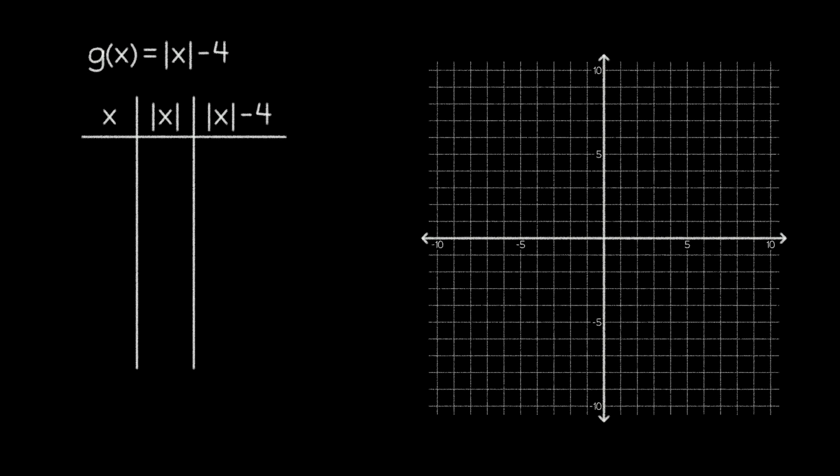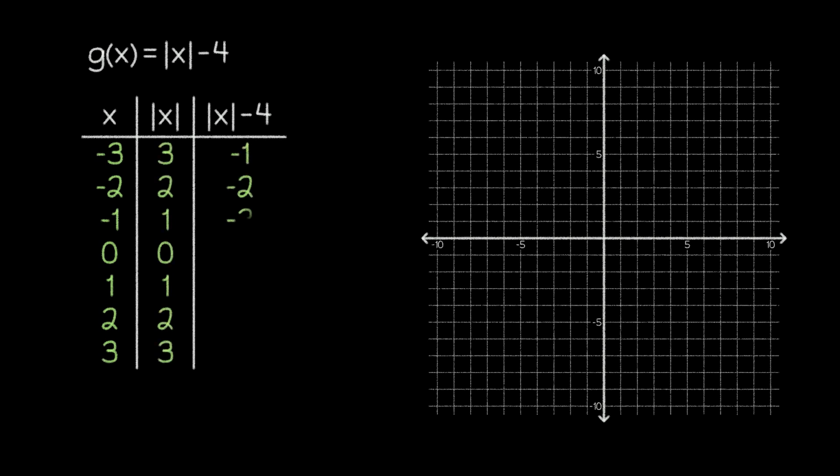This will have a significant impact on the inputs we choose because the absolute value is the first step occurring in this function. And since we want our 7 key values to show up just before we take the absolute value, that means that we can use our 7 key values as our inputs this time. Then, as we fill out our table and plot our points, we can see that we get the nice V shape with 3 points on either side of the vertex, which is exactly what we wanted.